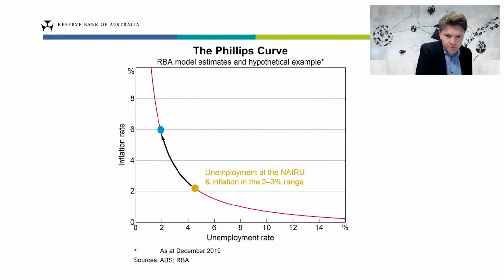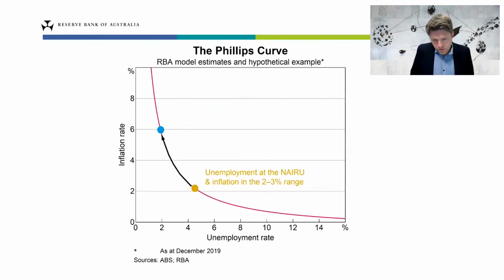Now, say completely for argument's sake, the RBA decides that instead of keeping unemployment at the NAIRU, it wants to drive the unemployment rate well below the NAIRU. And so to do that, it has a few options. It can either cut the cash rate target, or it can implement some of the unconventional monetary policy measures that Andrea was talking to you about before lunch. And what that does is it stimulates aggregate demand in the economy and reduces spare capacity in the labor market.